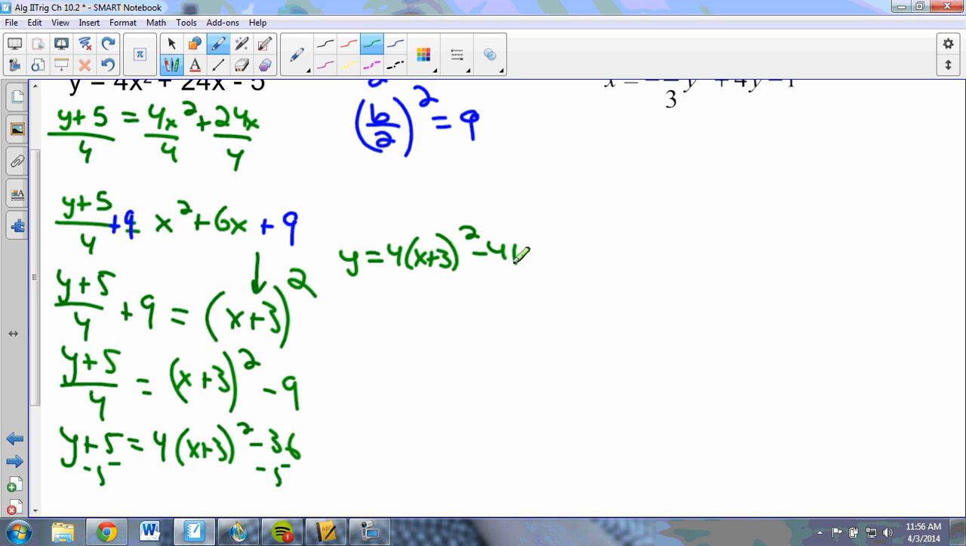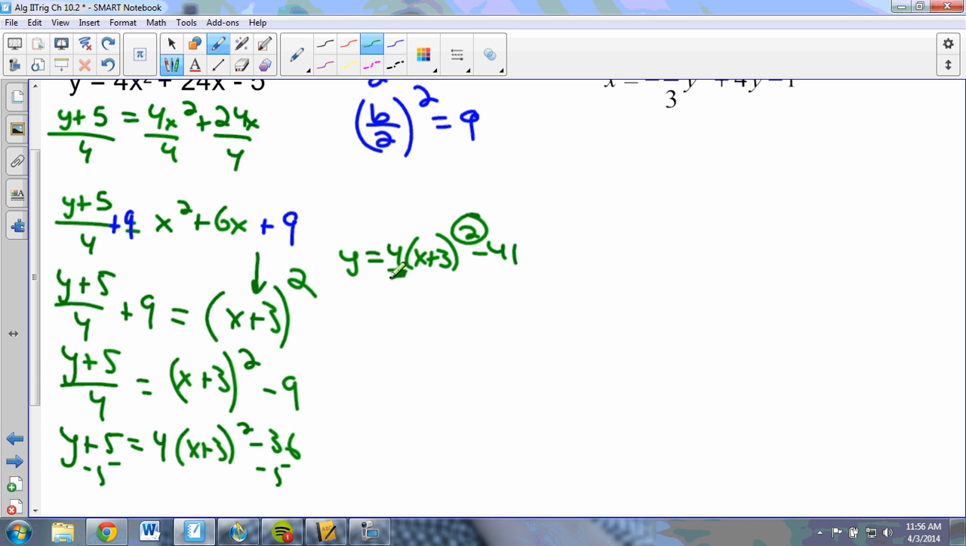Because this is being squared, we have a parabola. It's opening up. How do you know that? Because the a value is positive. It's 4. What else do we know? Where's the vertex? Negative 3, negative 41. It's in vertex form. That's the point, the vertex. We're going to do a lot of completing the square in this chapter to find vertices, which makes graphing